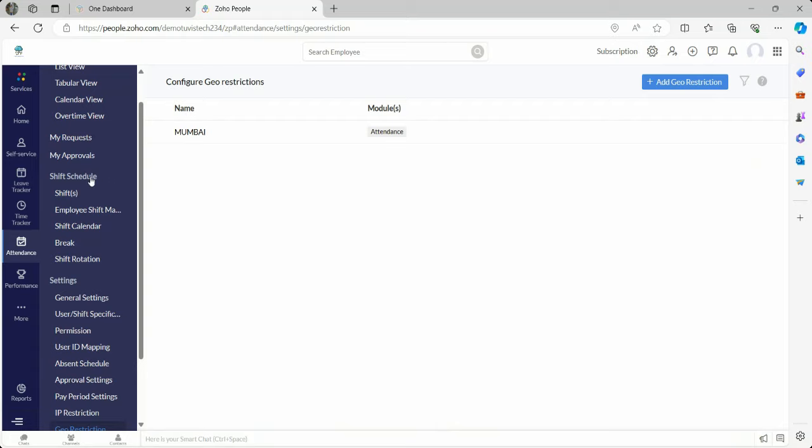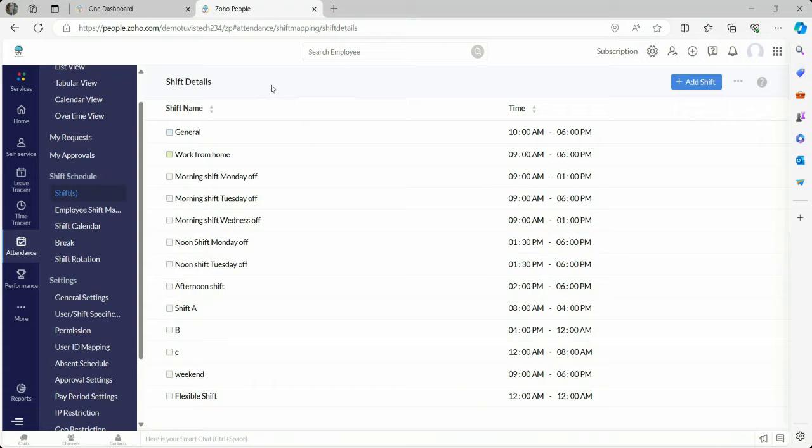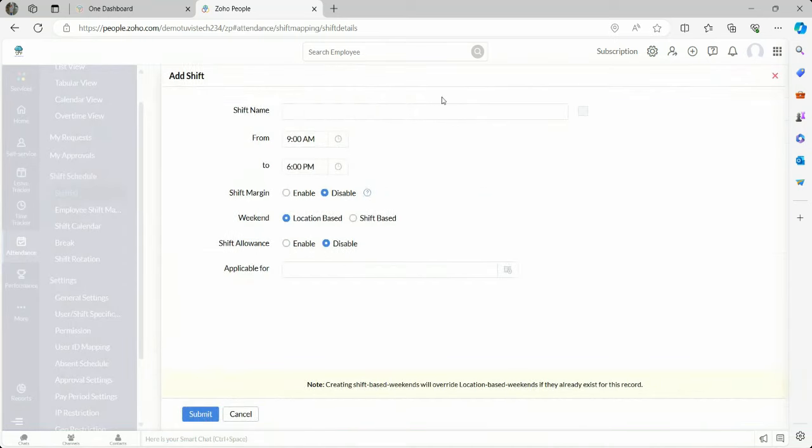Next, we'll go to shift schedule. Under shift schedule, we can add the shifts under the shift tab, where we can click on add shift and give the shift details here. The shift name can be given here, and from which time to which time the shift is allocated. We can enable the shift margin.